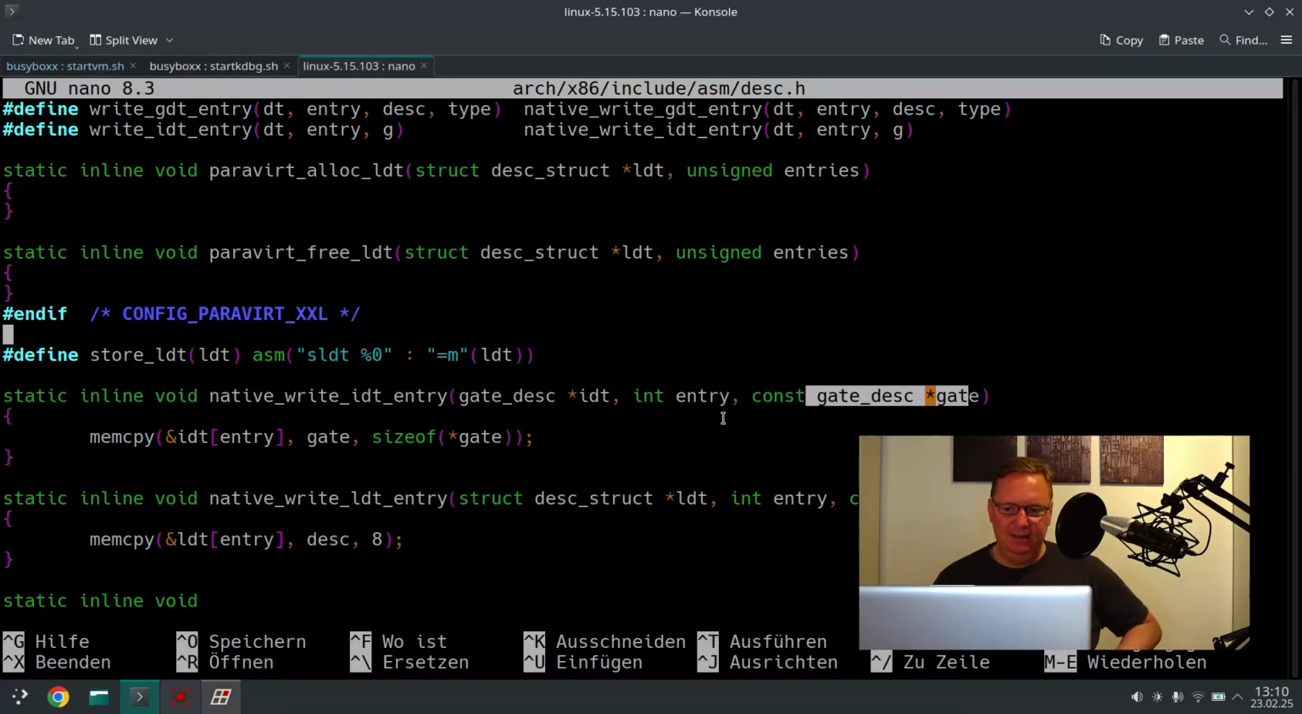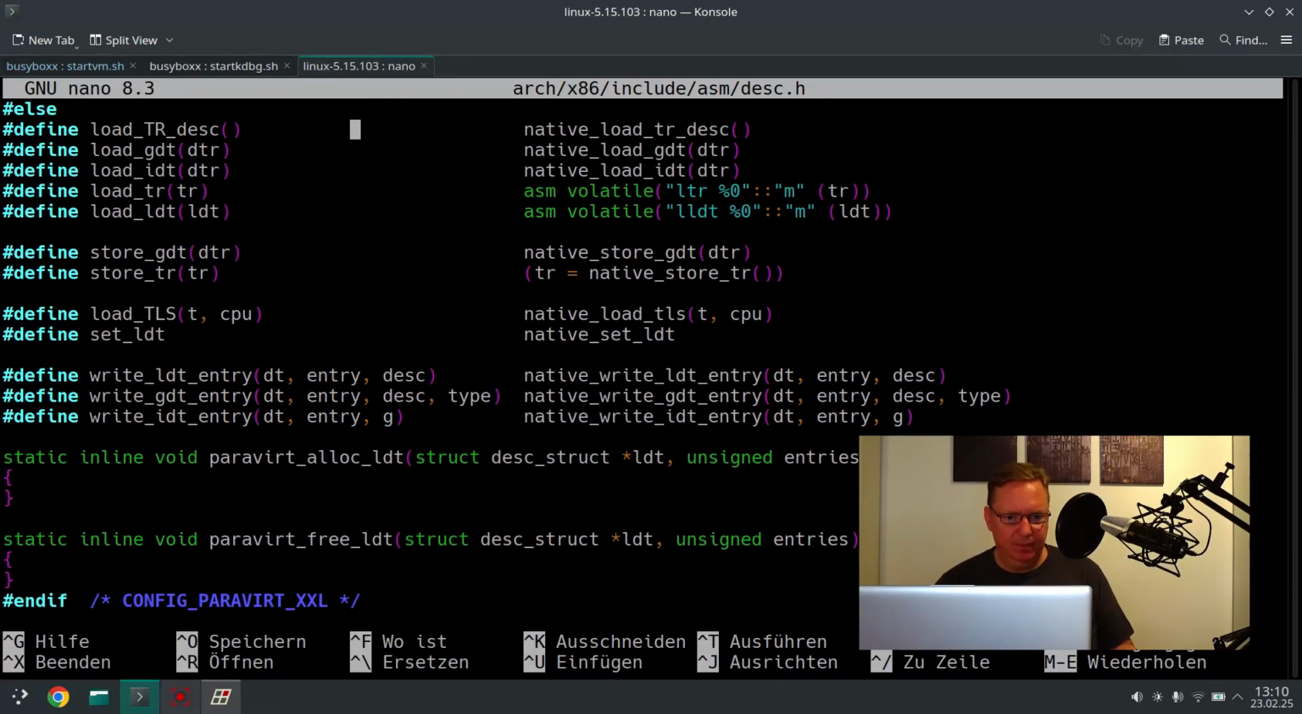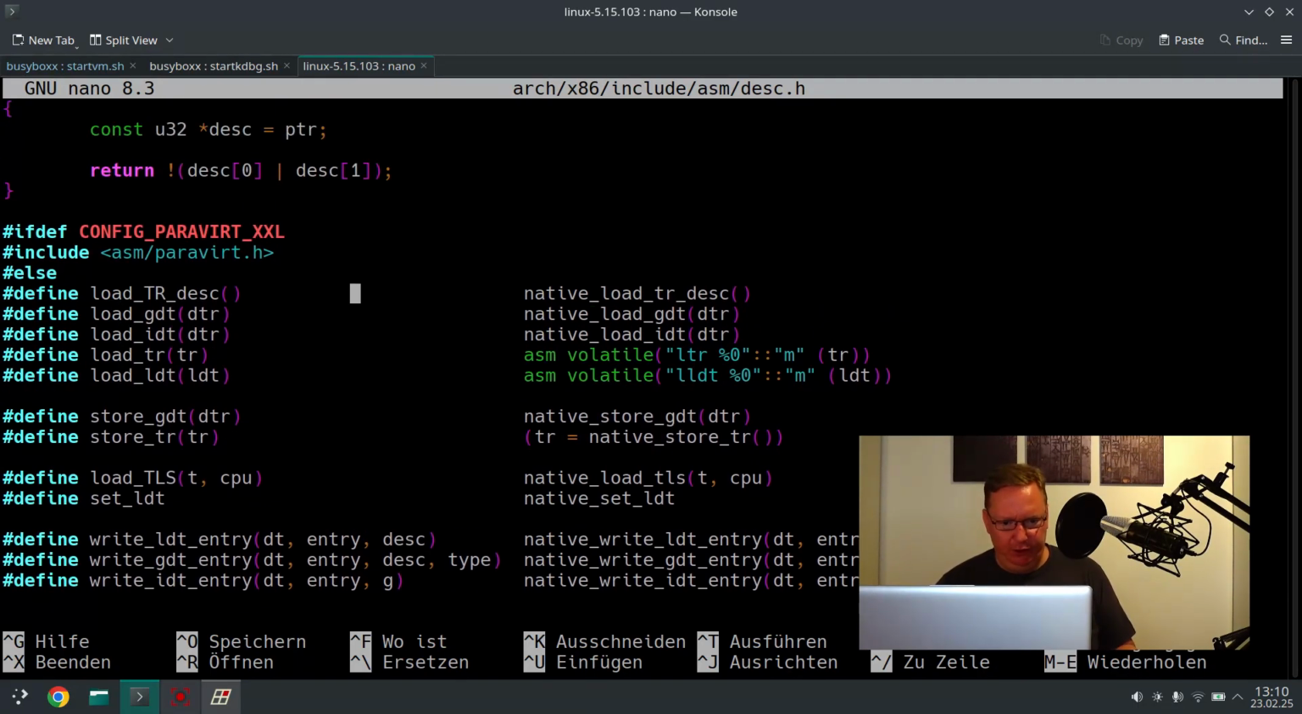So with packGate, it fills this gate descriptor and then mem copies that into the interrupt descriptor table. And when it is done writing this table, it then calls load IDT, which here is just a macro defined to a function called native load IDT. And native load IDT is a function which every